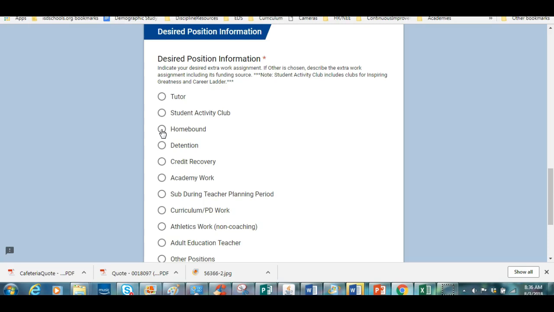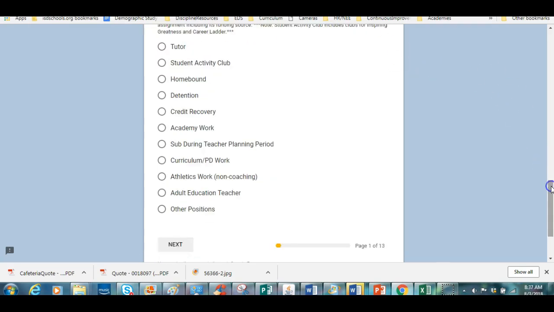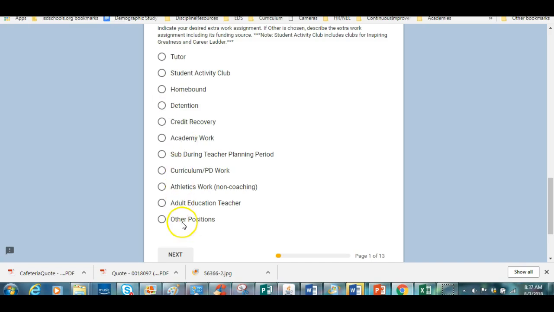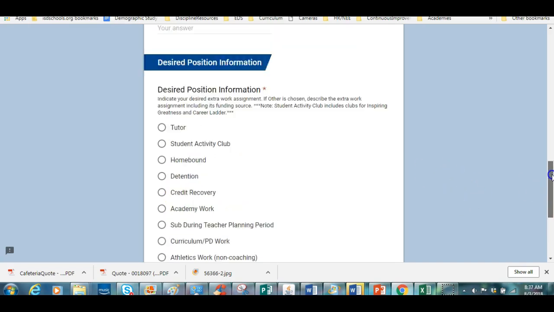And if you know you're going to try to pick up some extra money running detentions or subbing during your plan period, then you're going to come in. So those are the most frequent ones. You might have some of these others that we're not really going to touch on, but you have to do this for each separate work area, if you will. You can't just click all of them right now because each separate work area will be assigned a separate work order number. So you complete this for each item here that is pertinent to you,